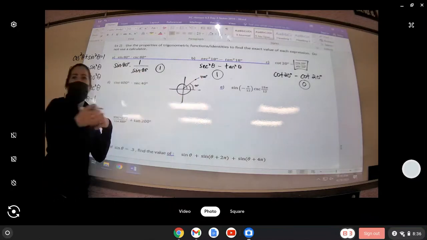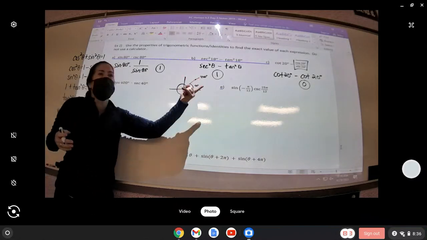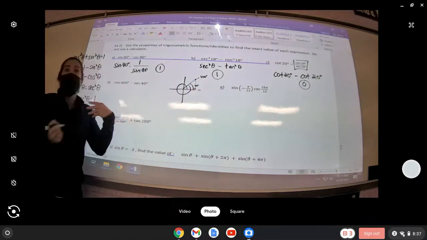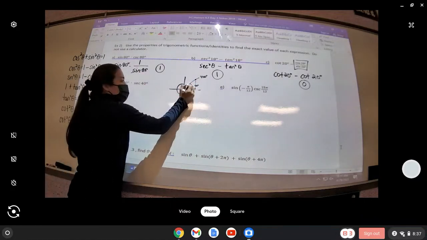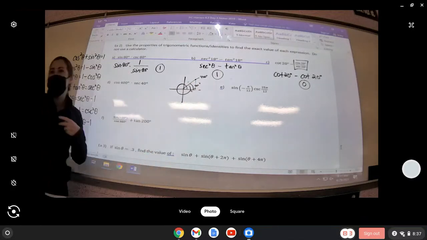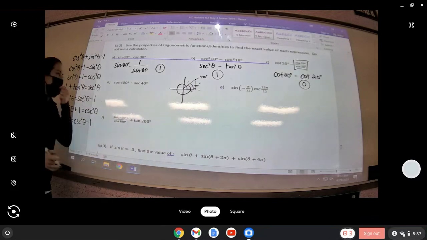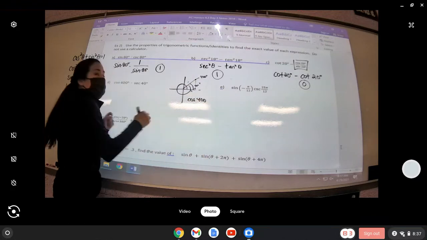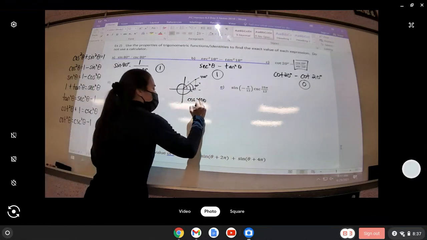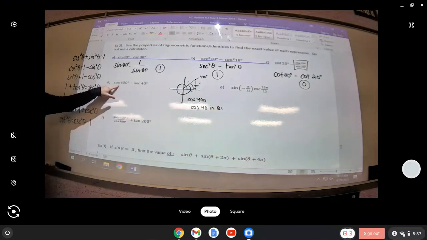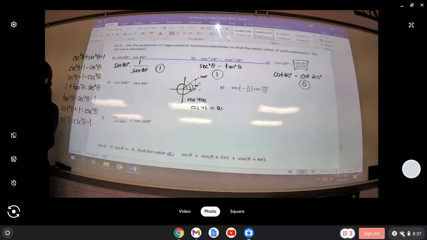So that ordered pair that references the cosine and sine of 400 degrees, it's that ordered pair that we would use to build a right triangle, and it's really the reference angle 40 that would fit in, and it's that x and that y and that radius that we would use to build all of our ratios. So in reality, the cosine of 400 degrees is the exact same thing as the cosine of a 40-degree angle that landed in quadrant 1. So we can rewrite cosine 400 as the cosine of 40 degrees,